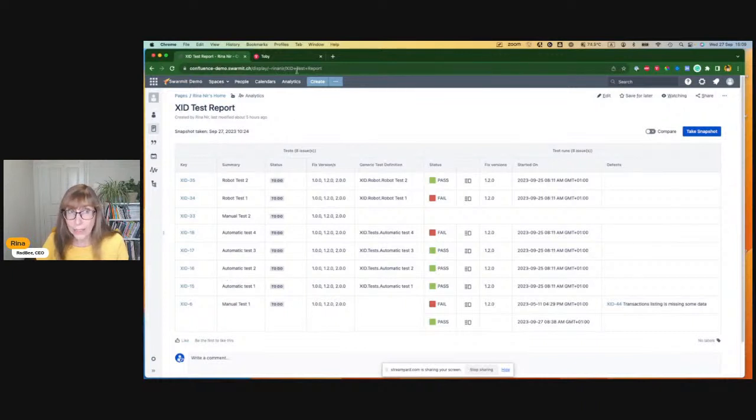This is basically a Confluence page that has on it a table which is a Jira snapshot table. The Jira snapshot table has static data. It's not dynamic. It doesn't show the data that Jira has now, but reflects the data in Jira at a certain point of time. So we have full control about that. We don't risk the fact that things in Jira change and the report suddenly will be changed. And we have full control on the different columns that appear here and what tests and what test executions are being shown. And we basically can build